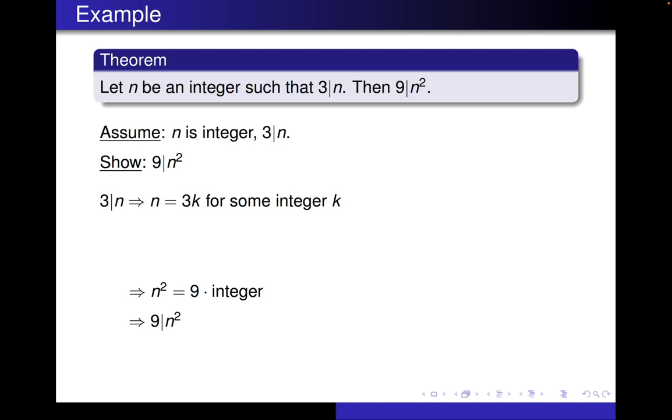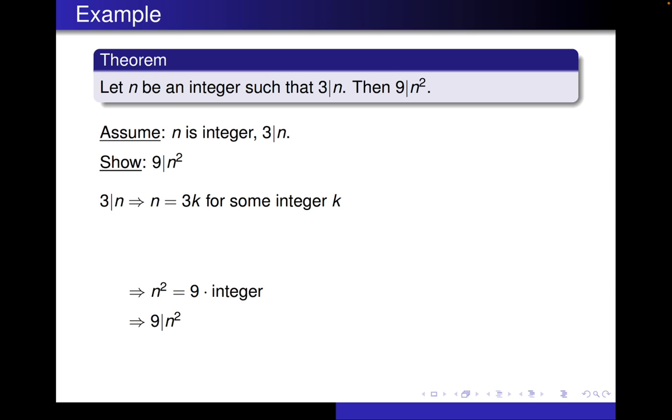I can't say 9 times k because I don't know if it's going to be the same integer k, but I know it's going to be n squared is equal to 9 times an integer. Which integer? I don't know. We'll figure that out later, right? All right, so now I have part of my proof figured out, but there's a big gap in the middle